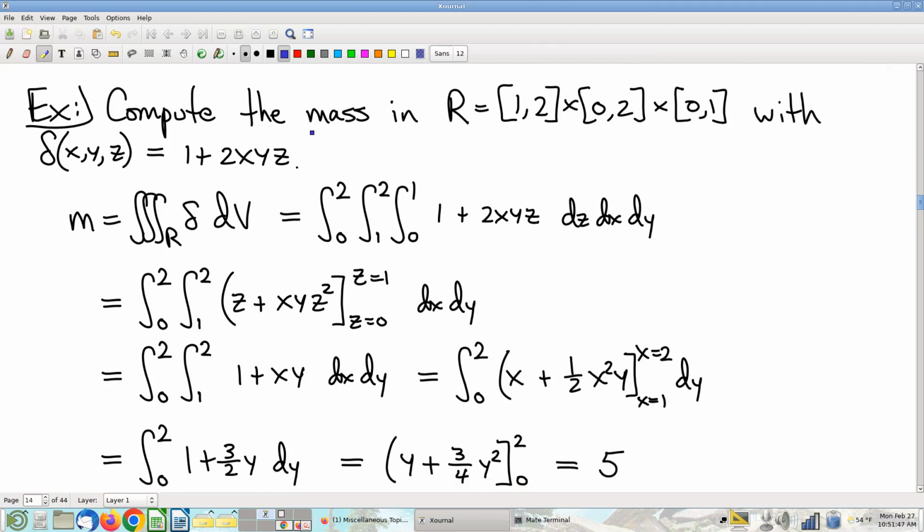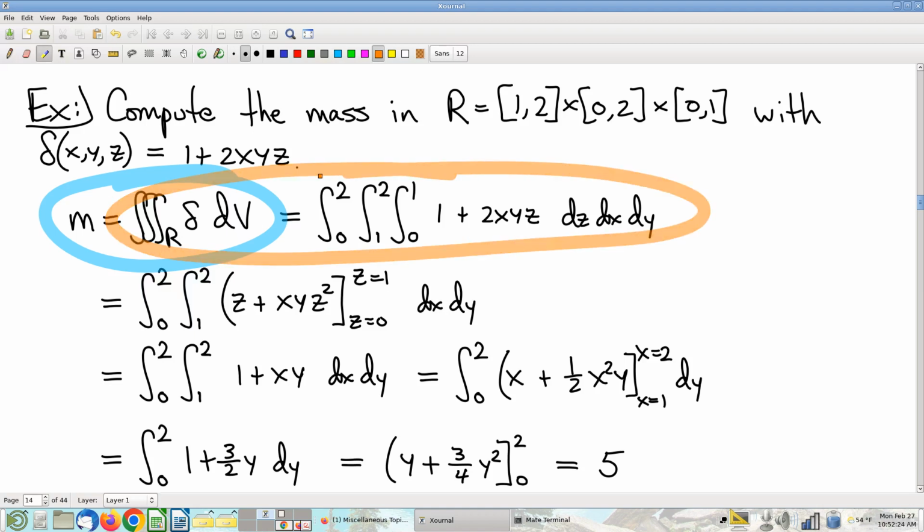Suppose I want to compute the amount of mass in this rectangular box. Again, note the notation: x range, y range, z range, where mass per unit volume is given by this formula here. And the first step, phase 1, chop it up, add it up. Little pieces of mass are density times little pieces of volume. Okay. How we doing? Is everybody all right with that? Okay. Phase 2,